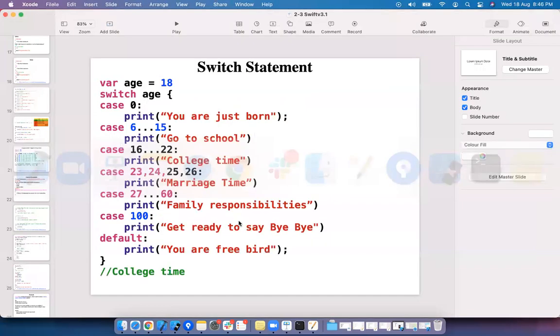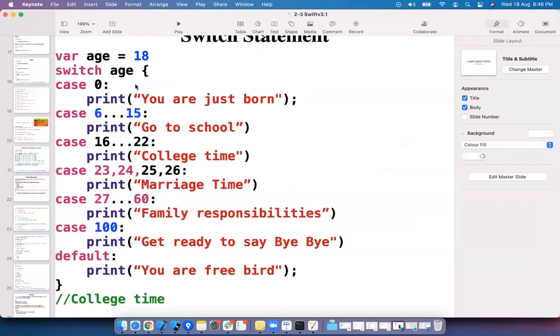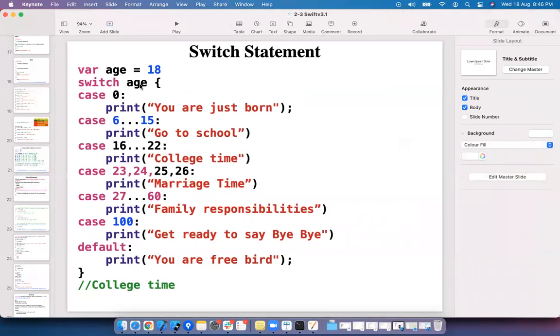Let me show you. Let's say I have a variable called age, which is 18, and I'm checking if the age is 0, you're just born. If age is between 6 to 15, I'm using the range operator here, go to school. If it is between 16 and 22, college time.